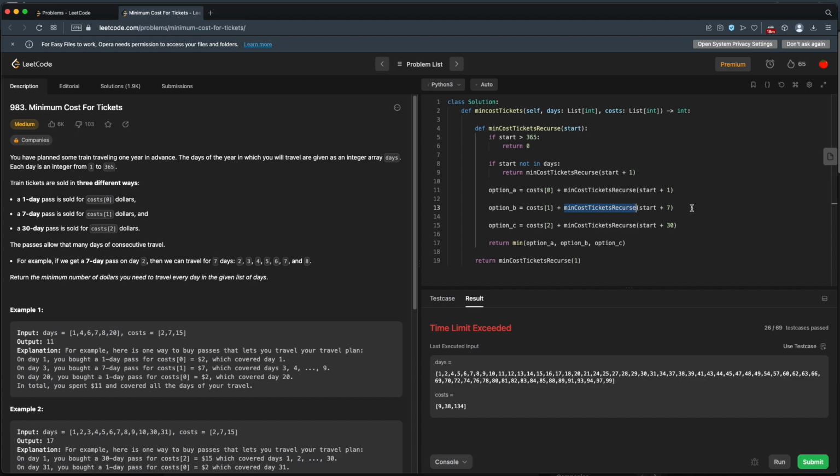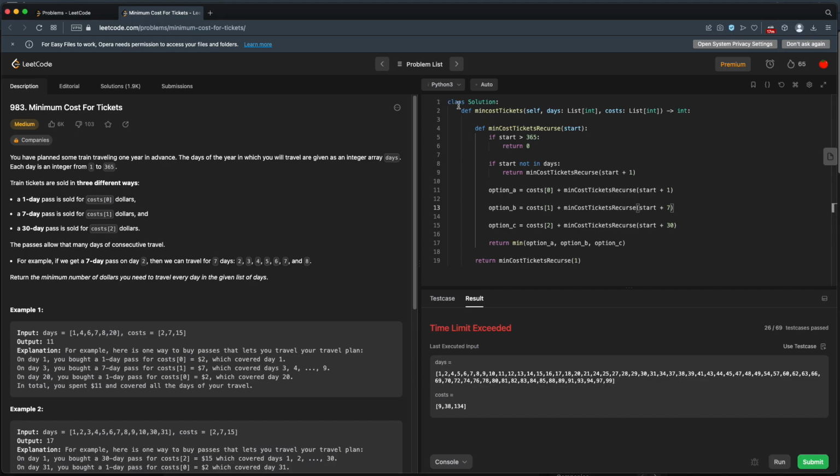So how do we mitigate the problem of calling the same function over and over and over again with the same parameters? The simple thing, dynamic programming. So in dynamic programming, if you have the same input with a defined output, you don't have to do the calculation over again. You just cache the value. So when you get the same input again, you return the cached value instead of running the calculation.